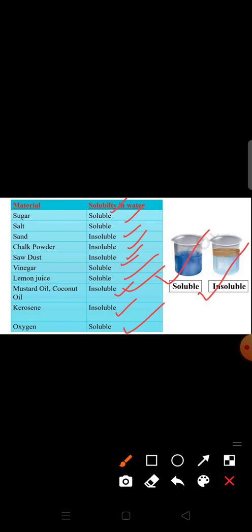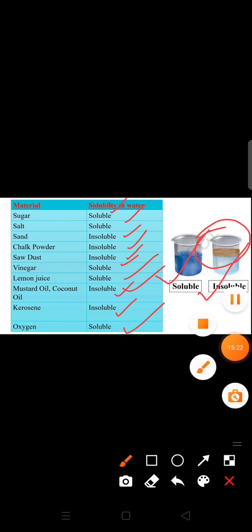If we try to mix the oil in water, what will happen? It will form a layer on the surface of water like this, and it will not dissolve in water. It means it is insoluble in water. So this is about the solubility.